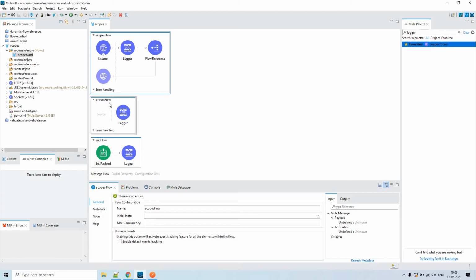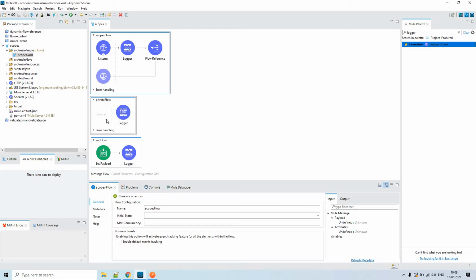We can call a flow a private flow only if it misses the source part. Here it is missing the source part, but we have the processor section. Now if you talk about subflow, we'll have only the processor section. There is no concept of a source section itself. This is one difference between flow, private flow and the subflow.